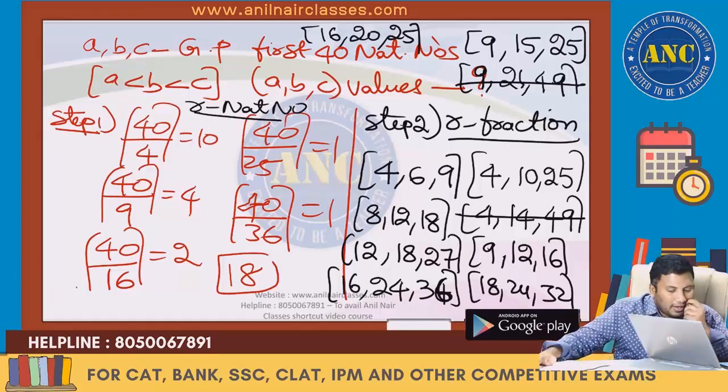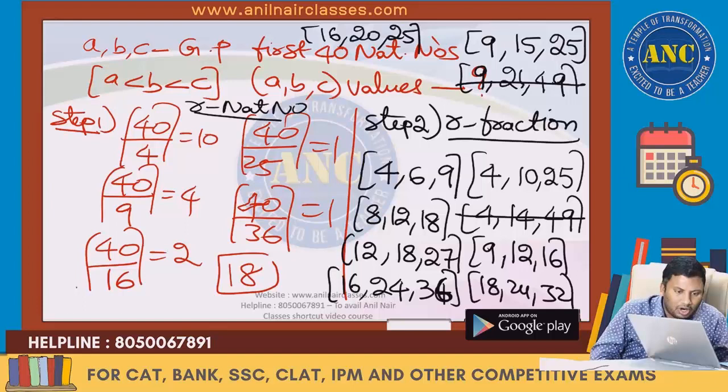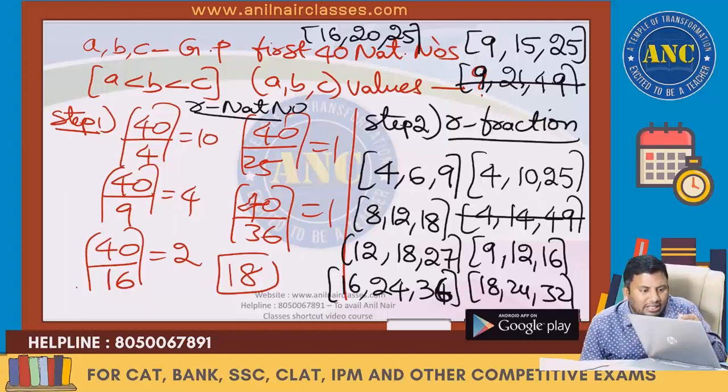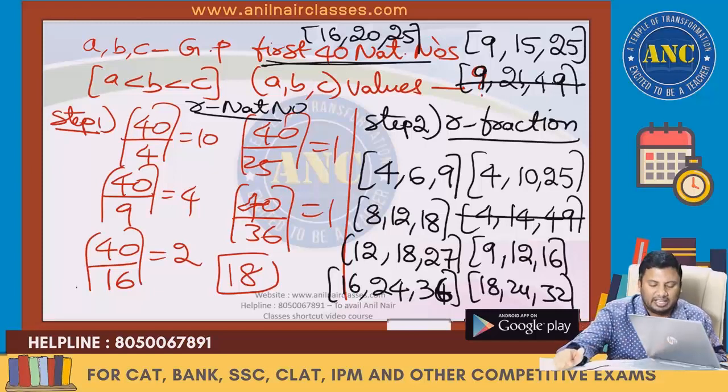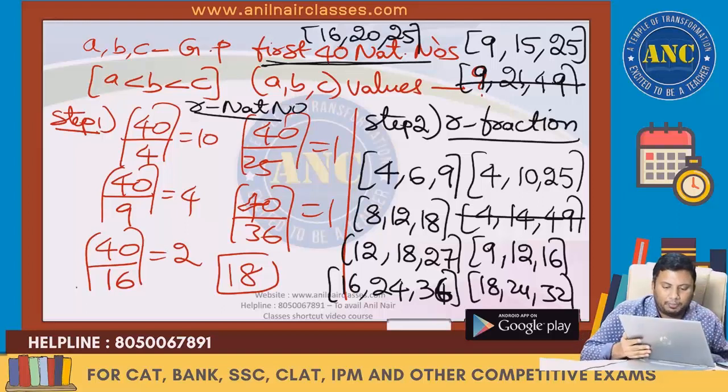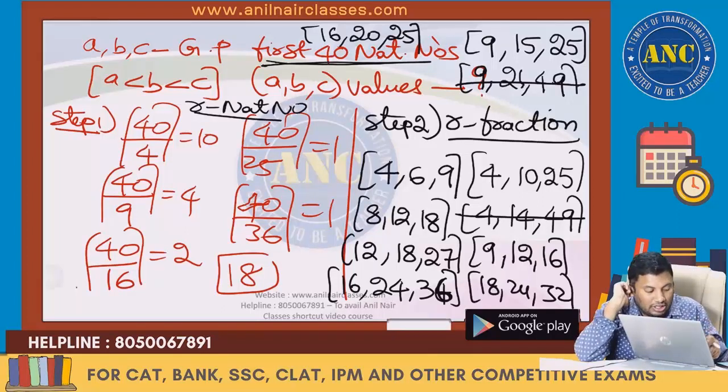Right? Case 2, right? I hope it is clear why we take 3 if 3 is not there. Where did we take 3? I have not taken 3 anywhere. It is the first 40 natural numbers: 1, 2, 3, 4 and so on up to 40. This case writing is what you should know. I have not taken 3 at any point of time. I have taken multiples of 3. Next one. GP is over.